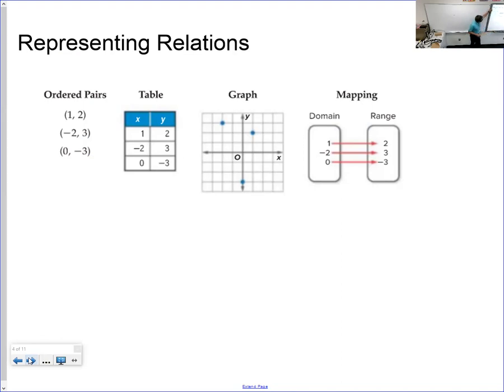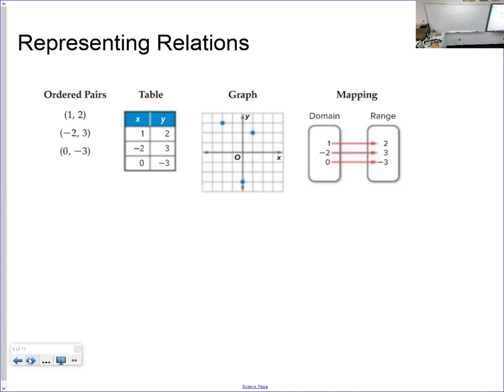You kind of go from ordered pairs, which is probably the easiest to look at. Like, what do I actually have? A table is good at representing a lot of data. It spaces it out a little bit better. Graphing is for looking at it. And then the mapping can become useful, especially when we have